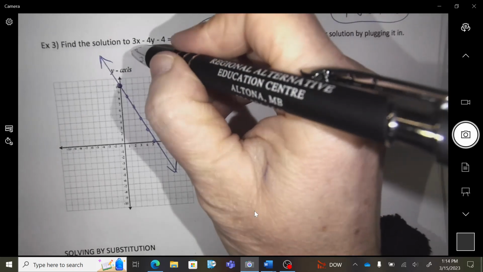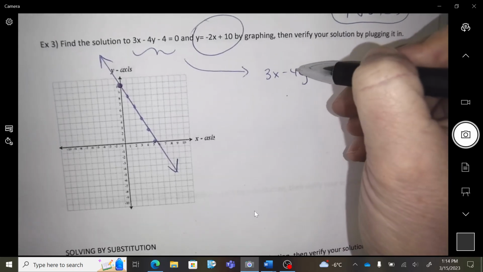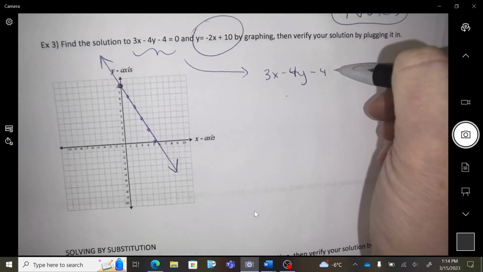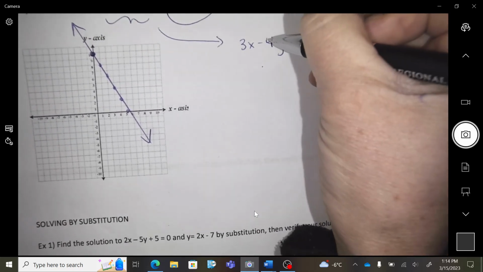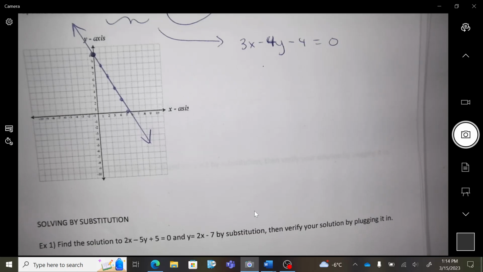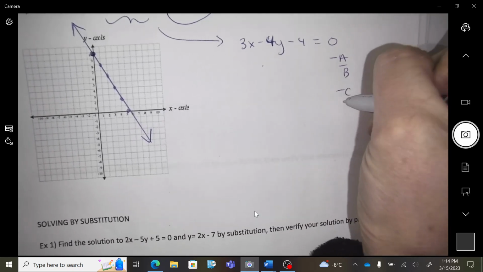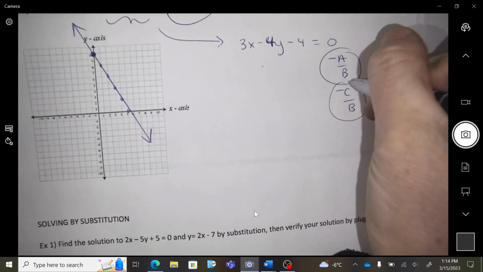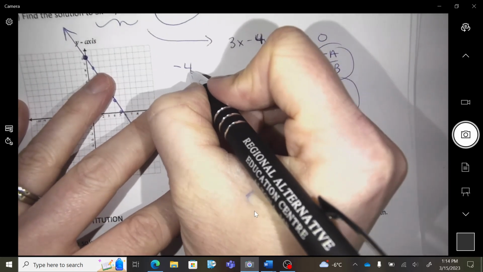Okay, the other equation we have to analyze here. What is the slope? What is the y-intercept? So again, you pick what kind of person you are. Are you just the algebra person? Are you the formula person? If you're the formula person, you will have those in front of you. If you're the algebra person,